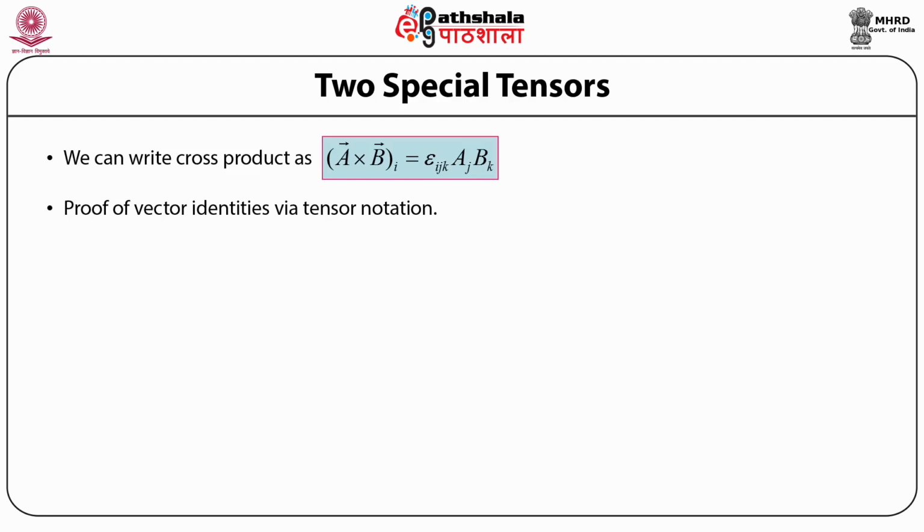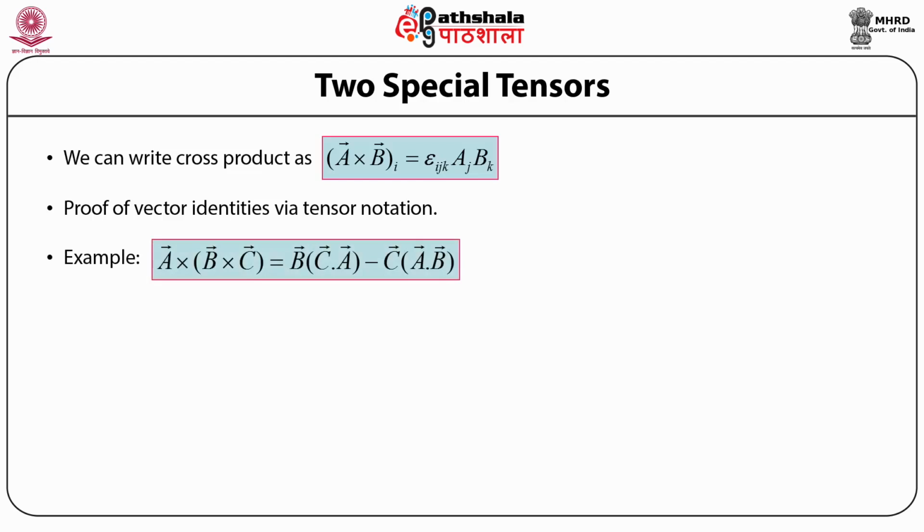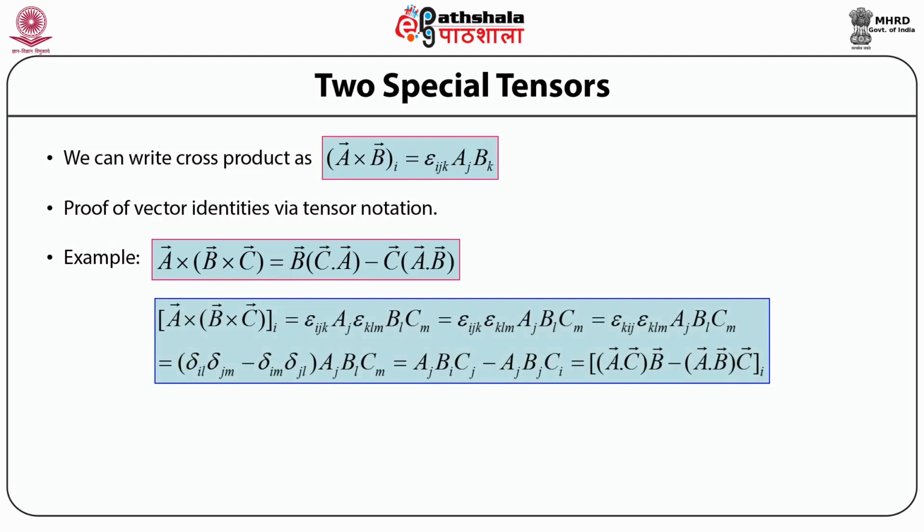So if we consider the vector triple product of three vectors, that is vector a, vector b and vector c, then vector a cross within brackets vector b cross vector c is equal to vector b times within brackets vector c dot vector a minus vector c times within brackets vector a dot vector b. In the tensorial notation, this vector triple product, the i-th component of a cross within brackets b cross c, is equal to